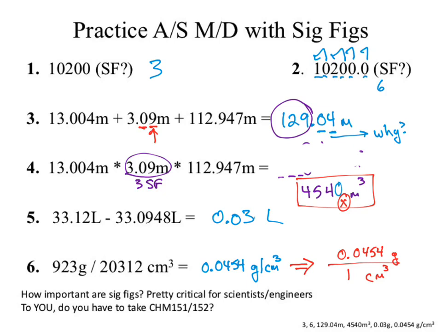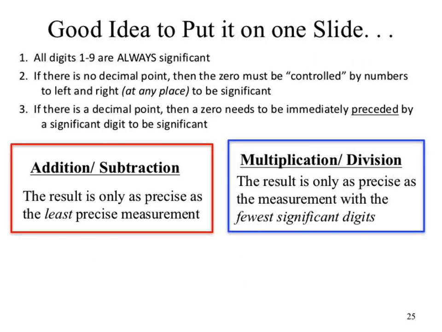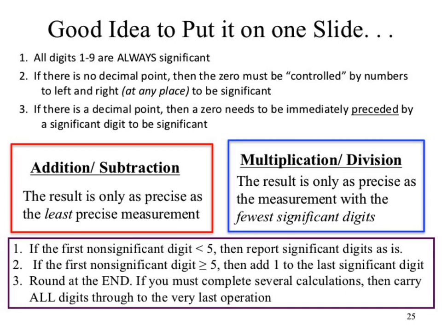It is man spreading, right? I got that right? Yeah. If you don't get it, don't worry about it. Okay? I would argue it's a good idea to put it all on one slide. For whatever reason, I've got it animated. So if you go into the slides, slide 25, you can print that out. Those are all your Sig Fig rules. You should make sure you follow them at all times.